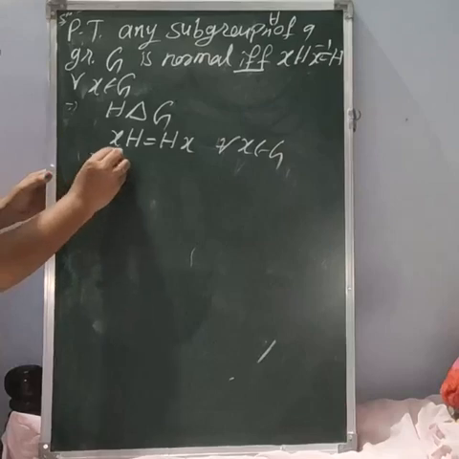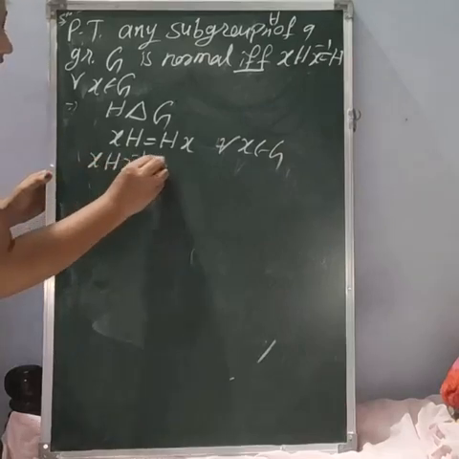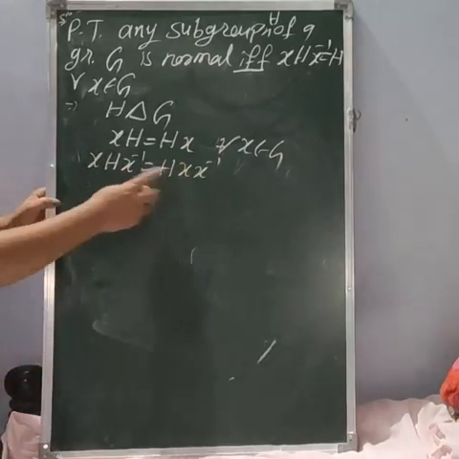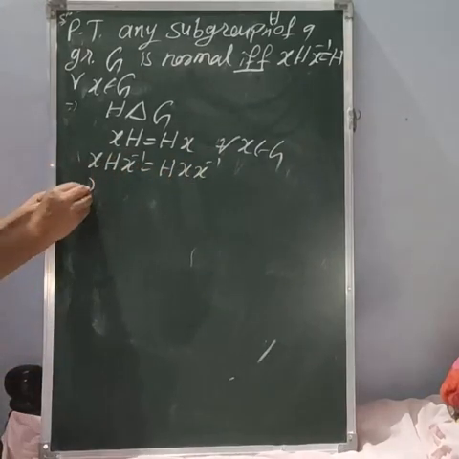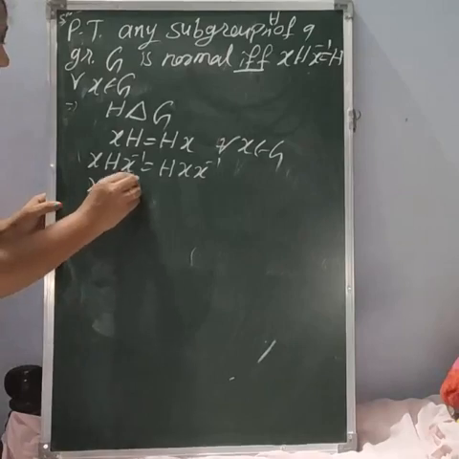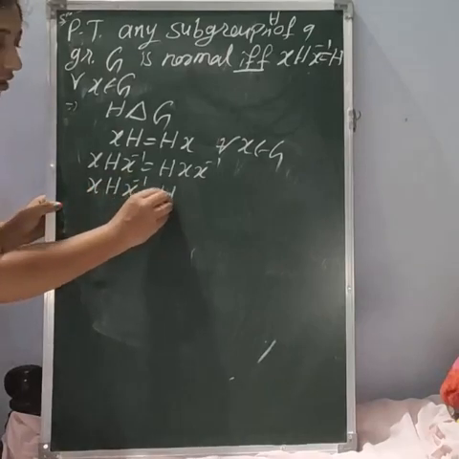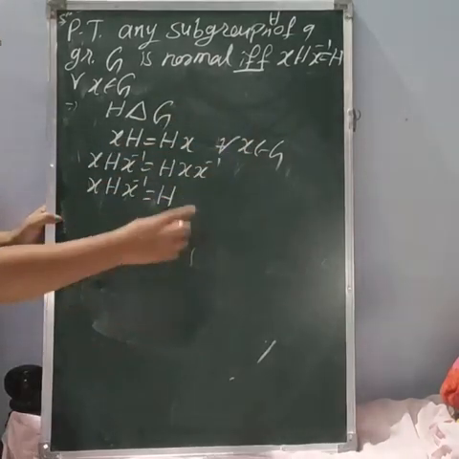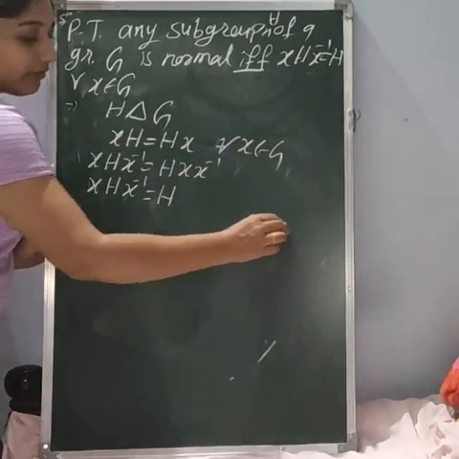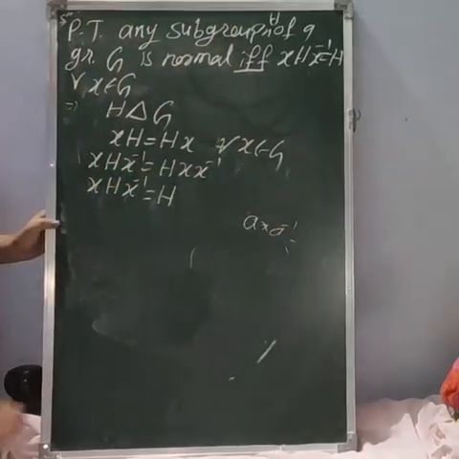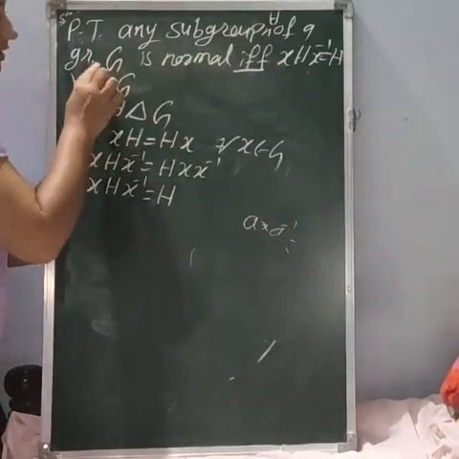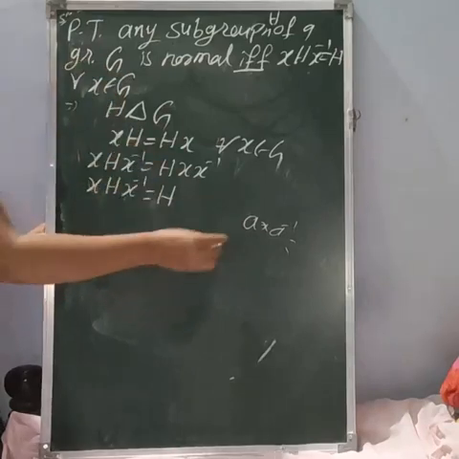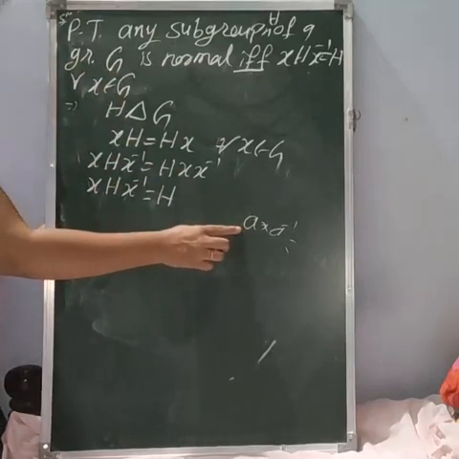So what we will get? x inverse is equal to h into x inverse. Multiply x inverse on both sides. So this is nothing but x inverse is equal to h into... if you know the definition of group, if you are having a into a inverse. Here G is already a group. If it is a group, it should satisfy the conditions, so it satisfies this inverse condition also.